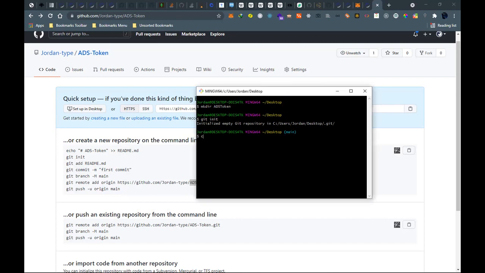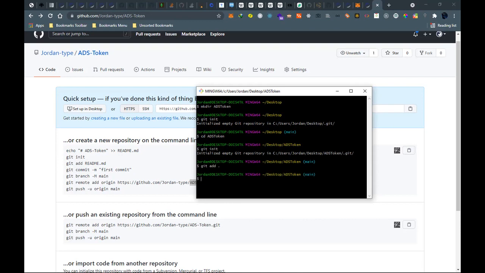So we'll cd into our ADS token. And then we do git add with the dot, which means you add everything. Then we'll do git commit -m.